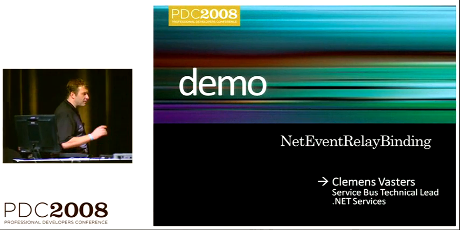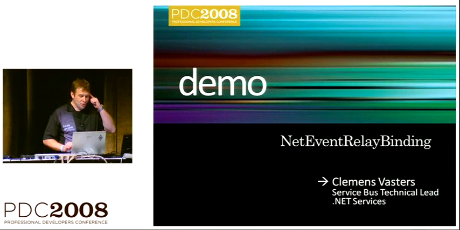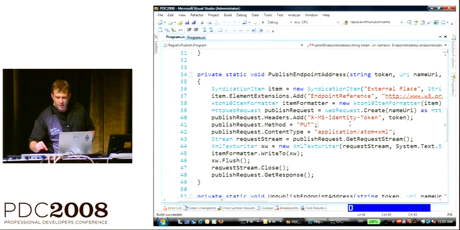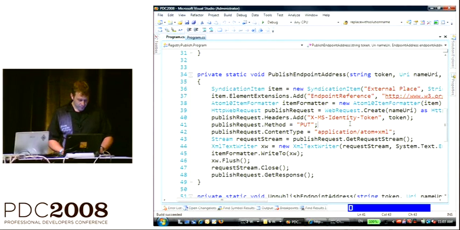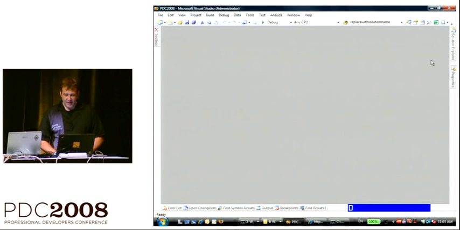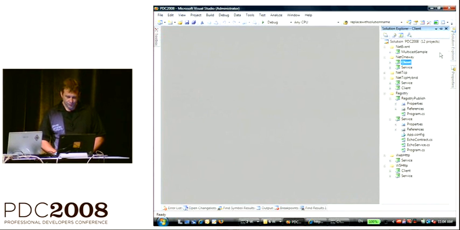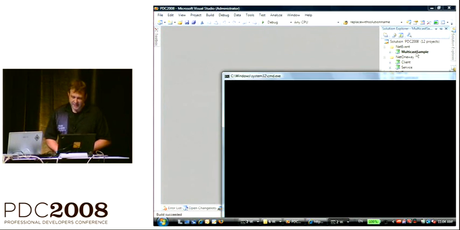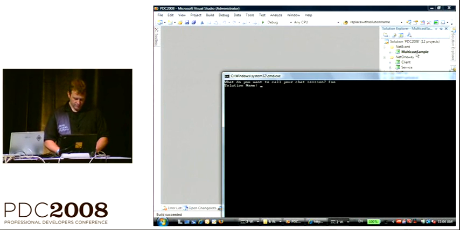We have a little application, and by the way, all the things that I'm showing you here are based on the SDK. So you have all those things at hand. I've just put them into one solution. Here's what we have as the multicast sample. And with the multicast sample that I have here, I can go and start a chat session.